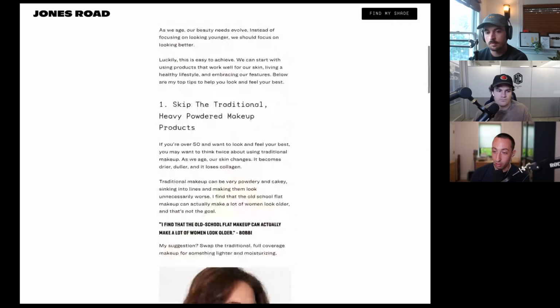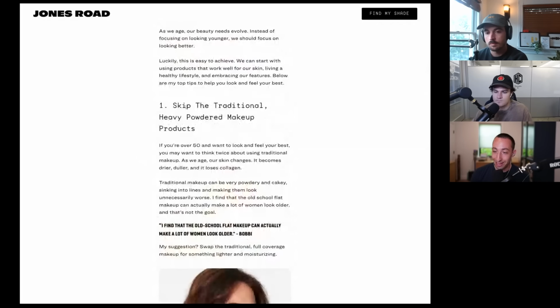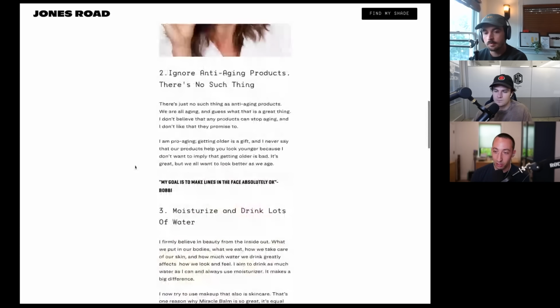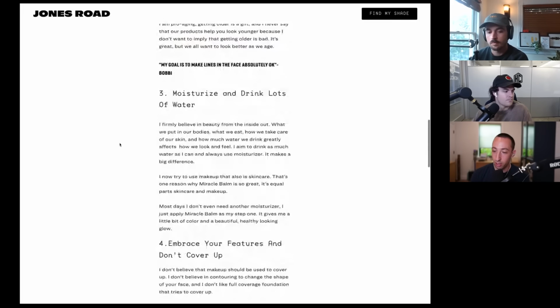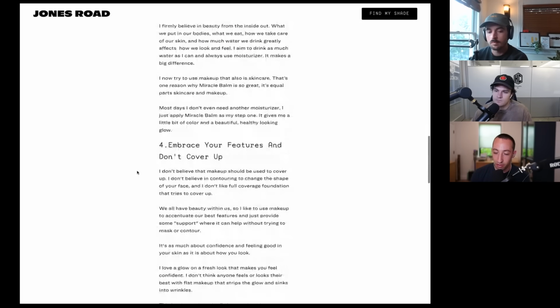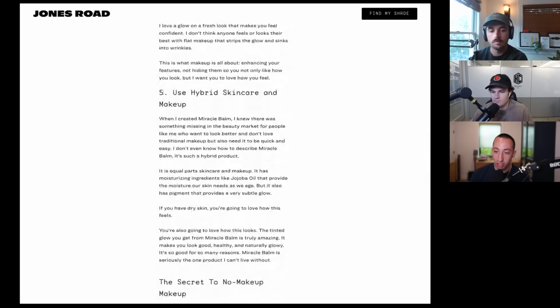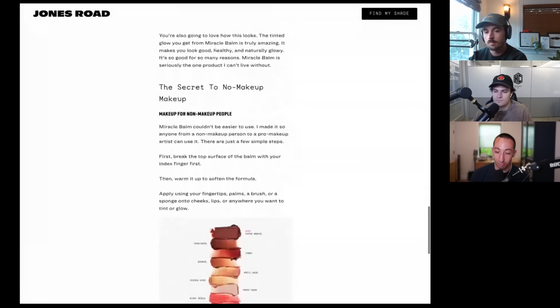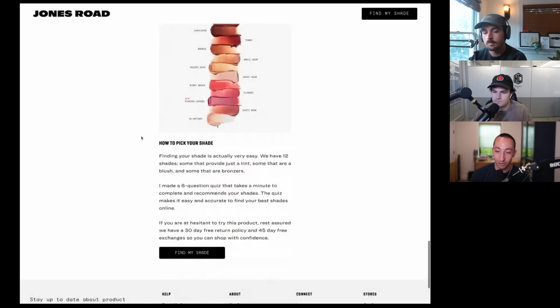And again, it's very brand heavy, and geared to their current level of awareness, which is what they know. They don't want traditional heavy powdered makeup products, but they don't necessarily know what they do need. So it talks about the other products and problems in the market, and some lifestyle things. Eventually the fifth point is actually getting to the makeup. It's kind of like a Trojan horse. And then we finally get into the